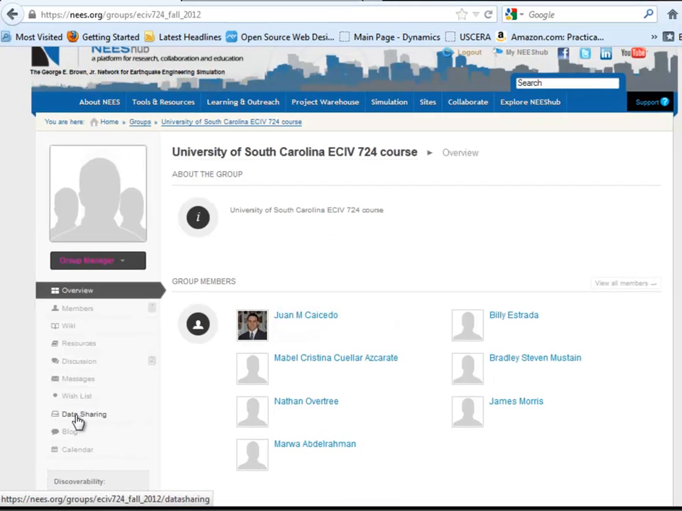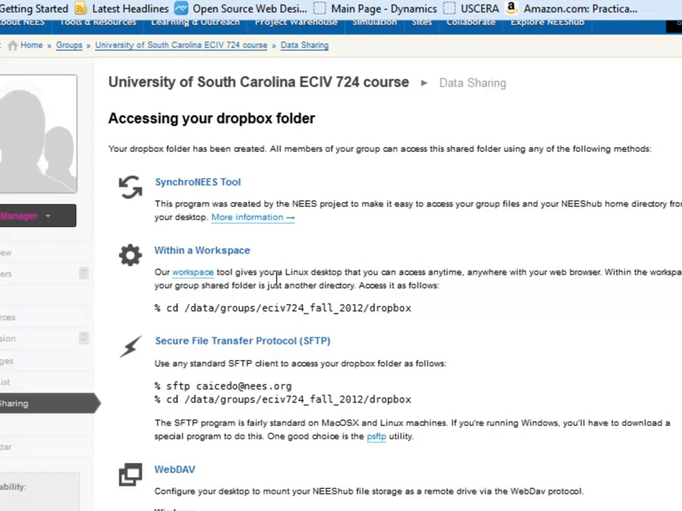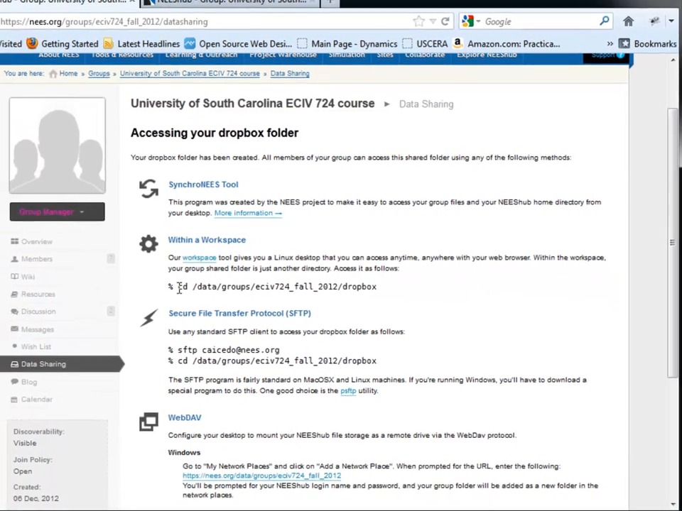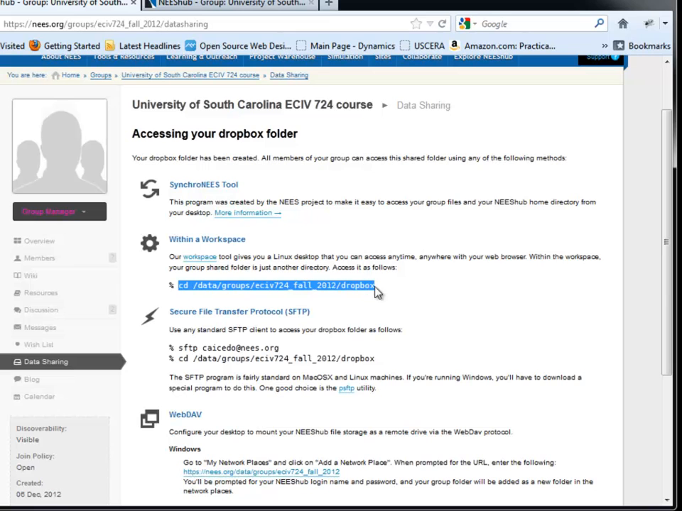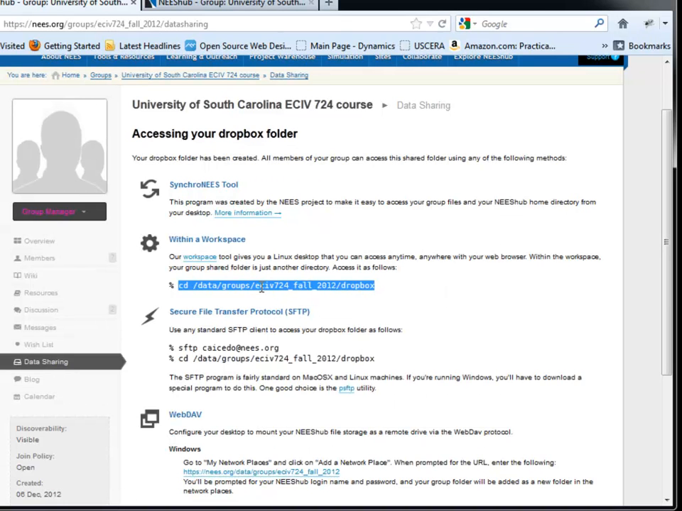And if you go to data sharing, you're going to see there are different ways that you can share data. One of the ways is within the workspace. And one of the things that they're giving you here is information about the directory where that workspace is created. So this is important information. What I'm going to do now is just copy it, make sure that I have it somewhere, and go into that workspace,